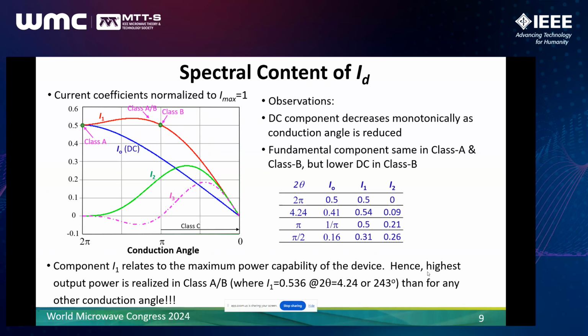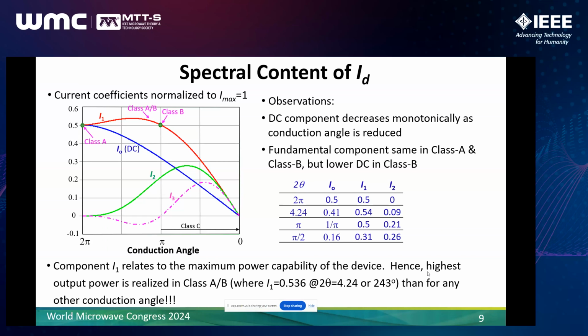So I think it's important to look at the spectral components of the current waveform as a function of the conduction angle. And you'll see this kind of graph often published, and it gives us quite a bit of insight into the operation of the amplifier. So in this graph, I'm showing 4 components. So the blue one is the DC component, I1 is the fundamental component, I2 is the second harmonic, and I3